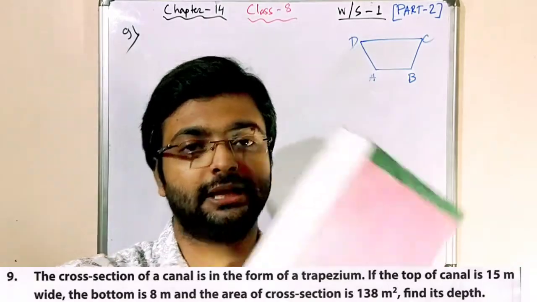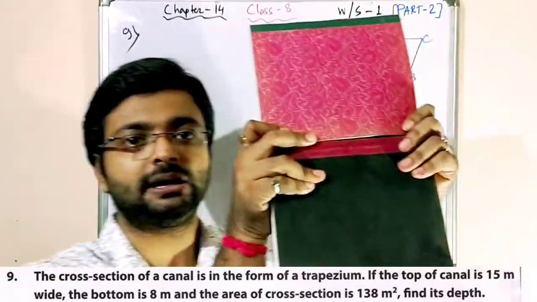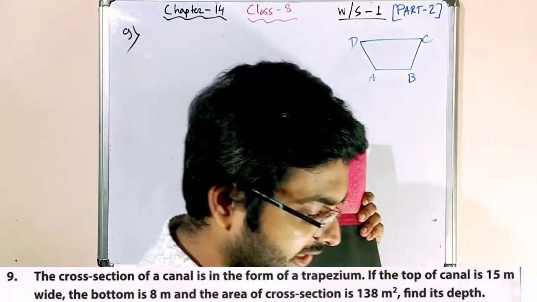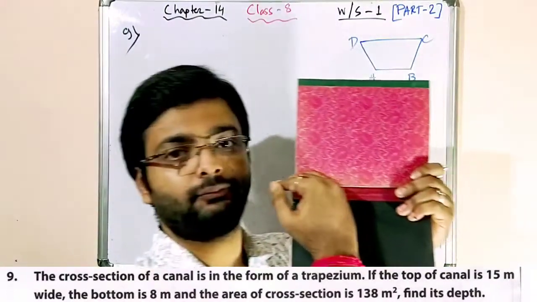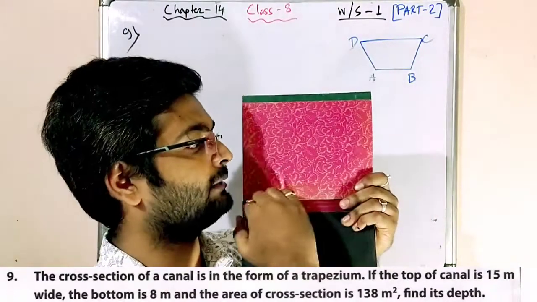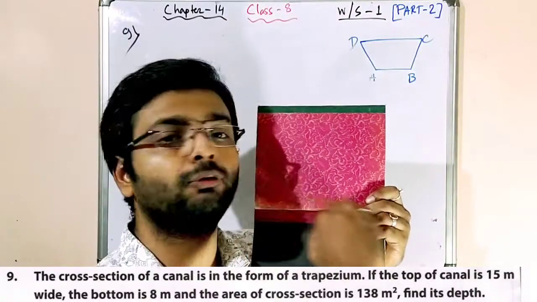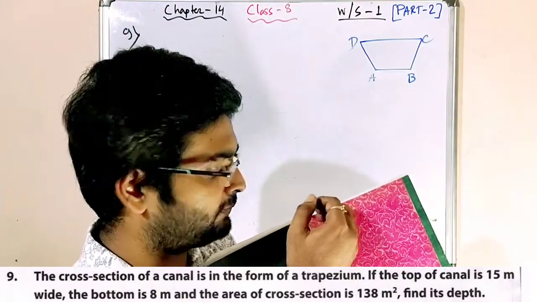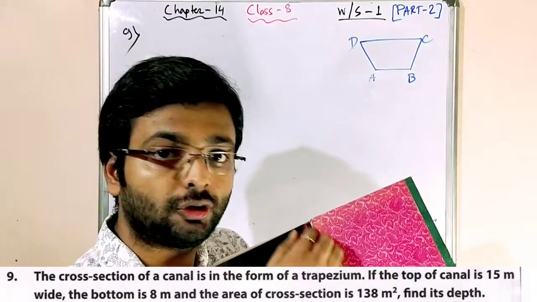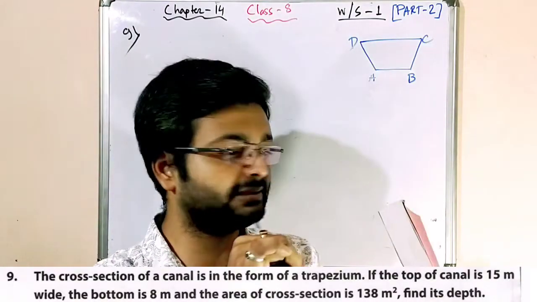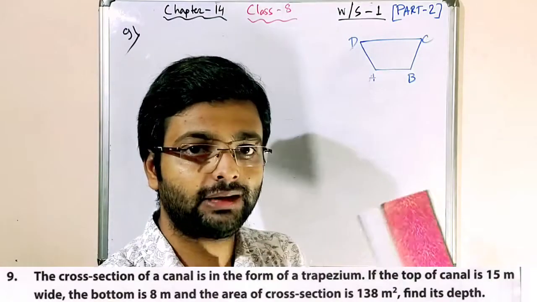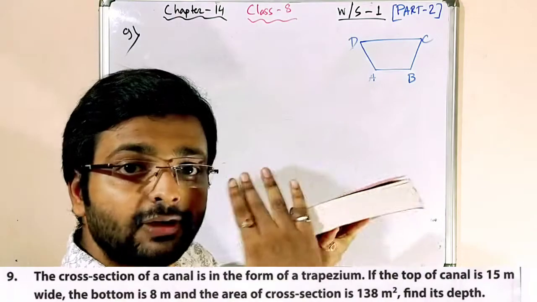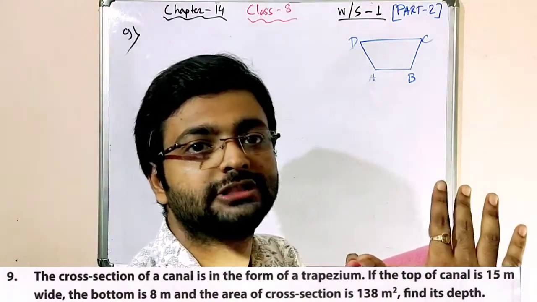Suppose this is a full thing, this is a whole book. Now someone says, sir, I am going to cut this horizontally. Understood now? This is the figure. I am going to cut this book through this. So if I cut this, you will get it like this. Now cross section means after cutting this, you will get this surface. This surface is called cross section.